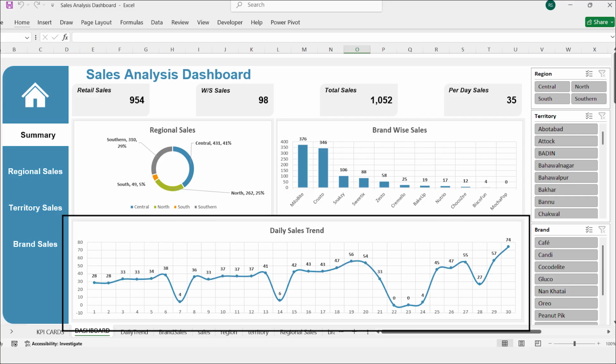And here at the bottom, we have the daily sales trend. You can see how sales are moving day by day. There are ups and downs. Some days are high, some are low. For example, sales drop on day 7 and 14, but rise again toward the end of the month, reaching the highest point at 74. This helps us see overall sales momentum, where we are improving and where we need to